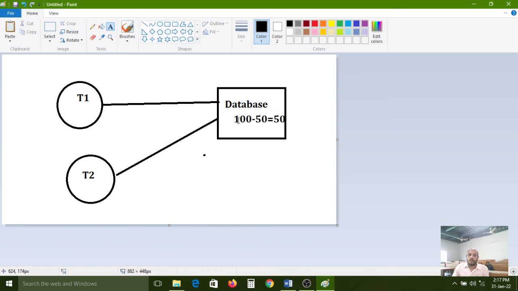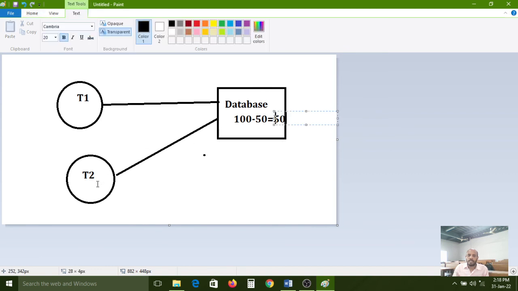So this is permanently not committed. Still it is in buffer, it is in RAM memory, temporary memory. When the transaction is completed, only then will the data be permanently stored into the database. But T1 is running, T2 is running. So T2 gets the total balance of how much? 50 rupees it will get. But T1 is not completed. Transaction 2 is reading the data from the buffer.